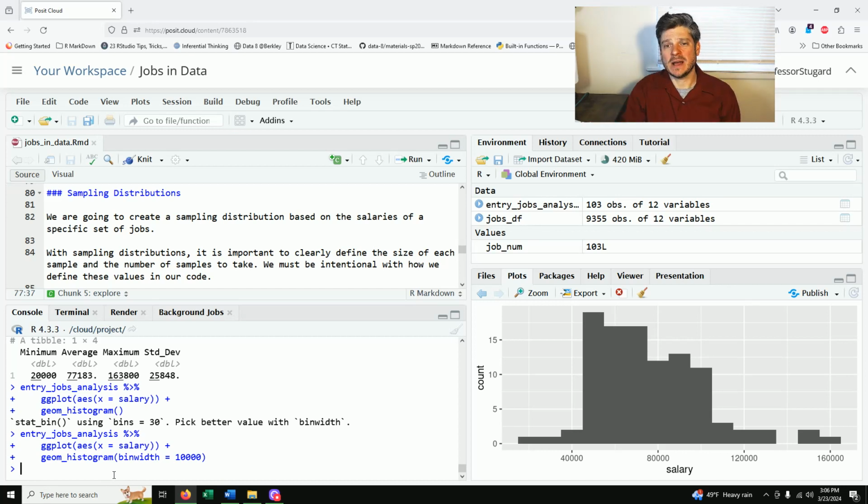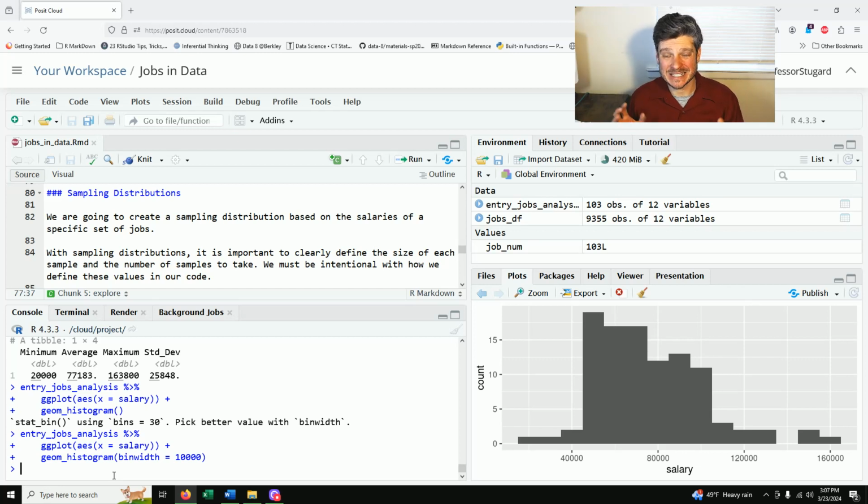A lot of times, if I want to make any sort of conclusion, like with a confidence interval, and I want to include both sides, typically we want a distribution that is more normal. But again, this is a population of only 103 different values. If I want to get a normal distribution, I'm going to have to actually create a sampling distribution from this data set. And this is a really beautiful and genius way of doing statistics that even if